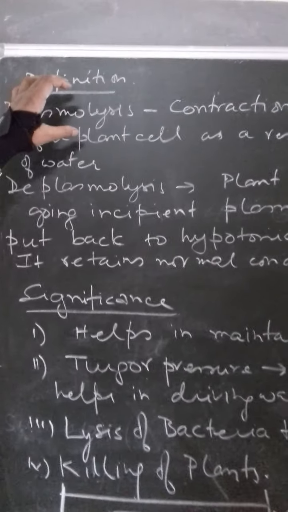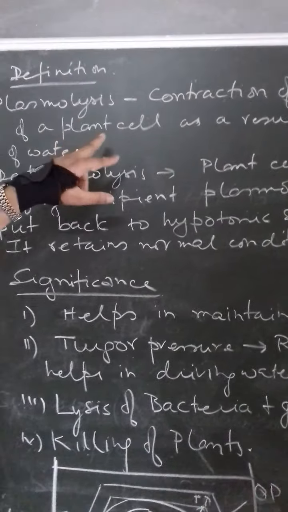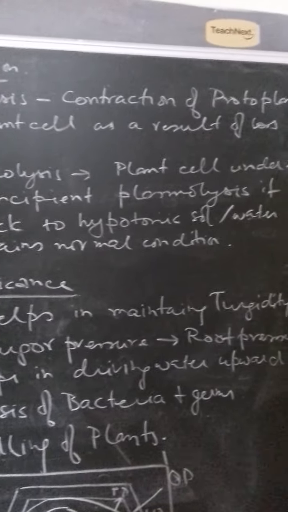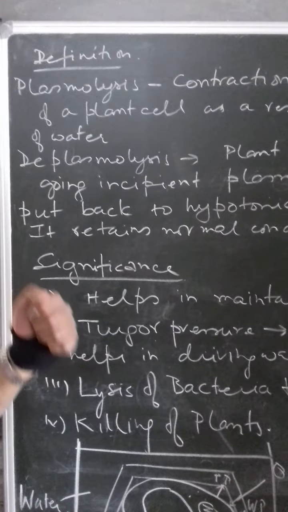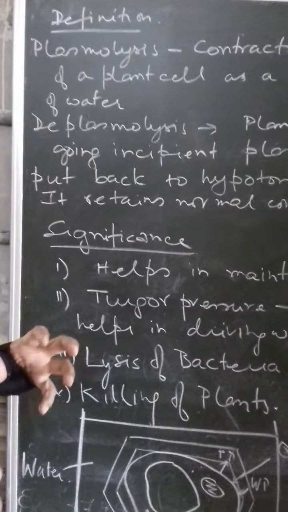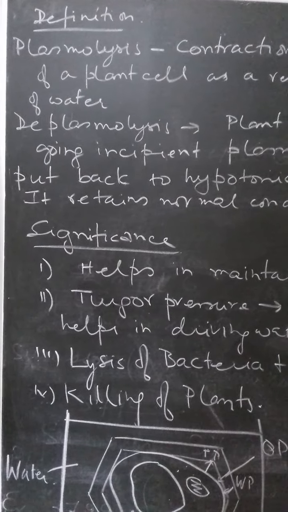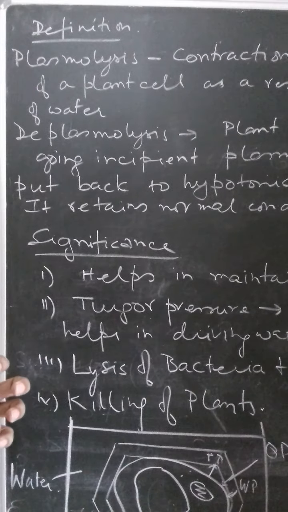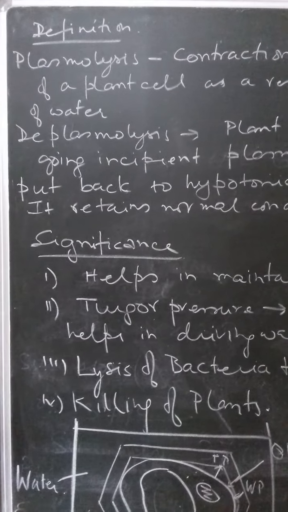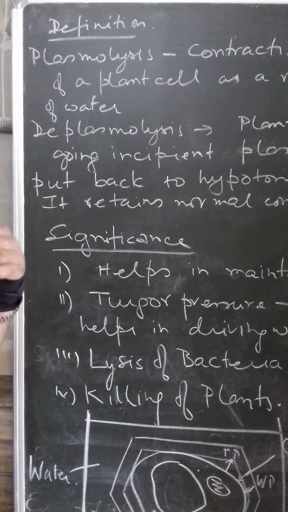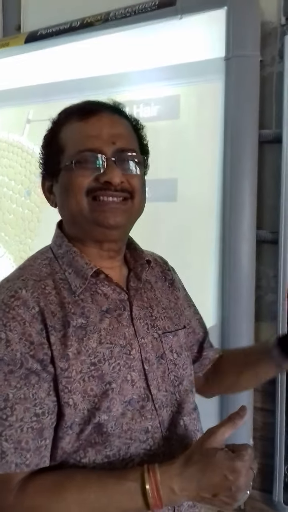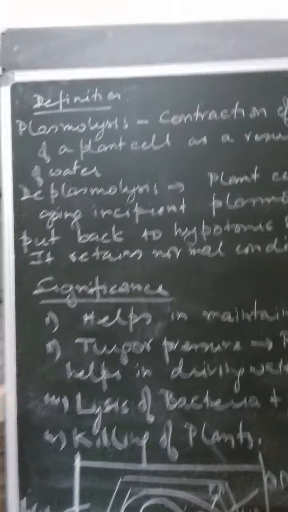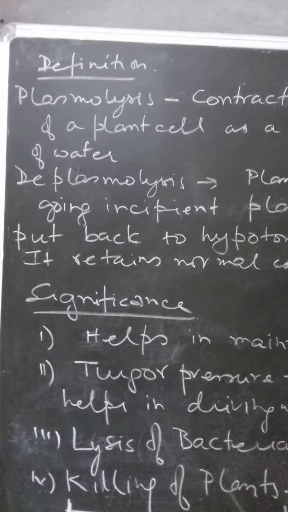Now we will learn about another term called plasmolysis, the contraction of the protoplasm of the plant cell as a result of loss of water. You have seen there that if you have kept a cell in a hypertonic solution, the water moves out of the cell and then the cell protoplasm shrinks, and that's called plasmolysis. Now if that cell membrane has retracted to a certain extent, we call it incipient plasmolysis. If we put that cell back in a hypotonic solution, we see the cell again regains its shape. We call it deplasmolysis. So deplasmolysis and turgidity often refer to the same thing.